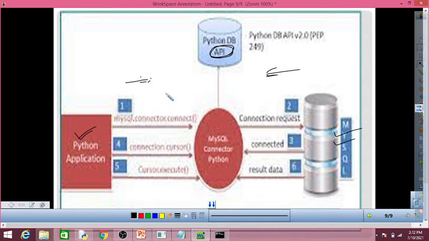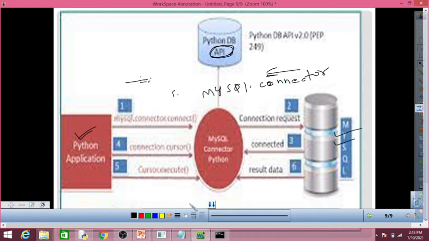To connect Python with MySQL, we need to install one API whose name is MySQL.connector. To install this API, first we have to check where Python is installed in the system.